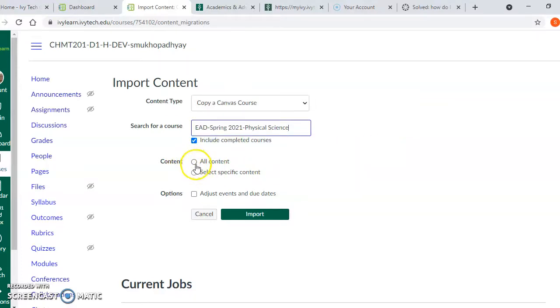Now there are two options. Either you choose all content or you can select specific content. I prefer this because I have a choice on what I can load into my course. So if I go into select specific content and I don't click on this adjust events and due dates, because I like to do it manually on my own. So I will click on import